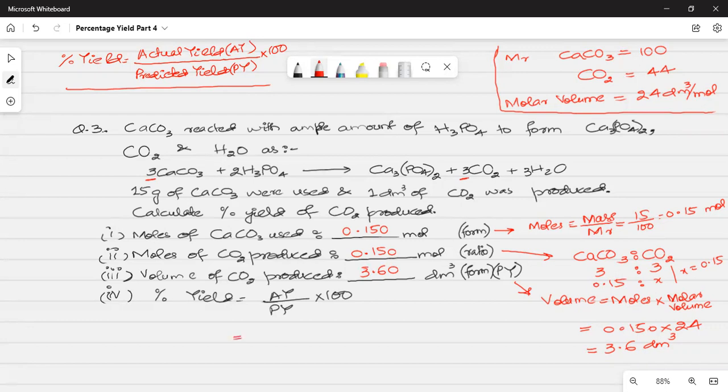Okay, so here's the actual yield, 1 decimeter cube. So it's 1 over here, and it's 3.6, which is my predicted yield, and multiplied by 100. So the percentage yield comes out to be